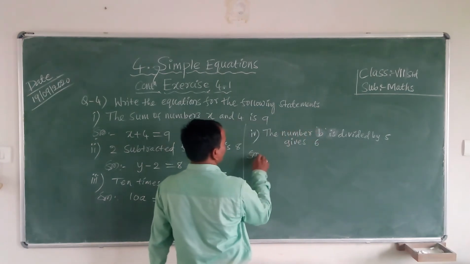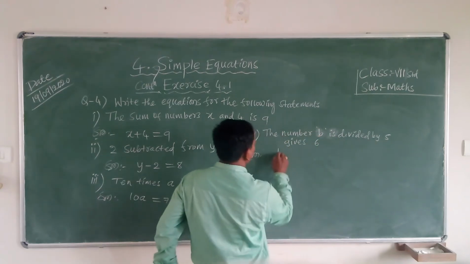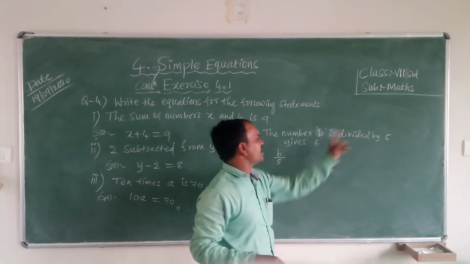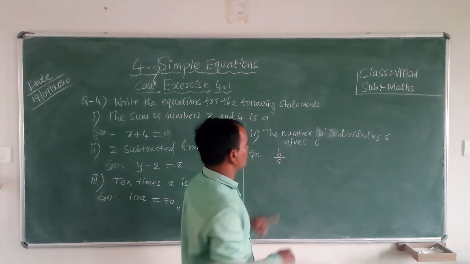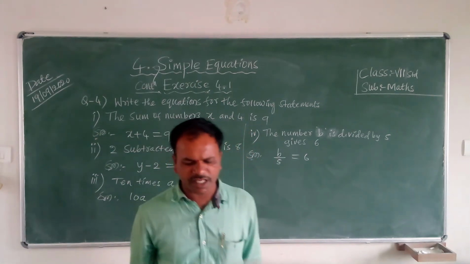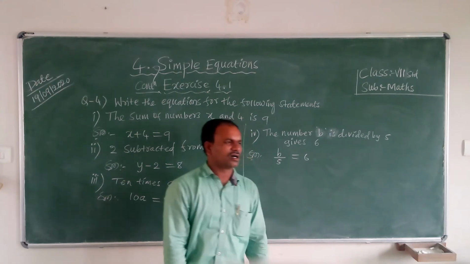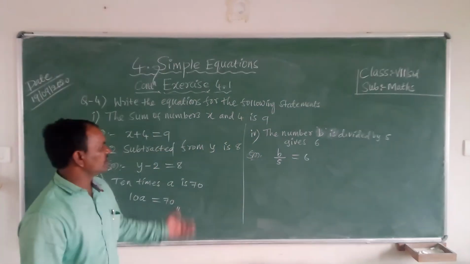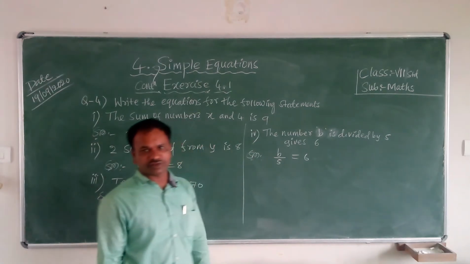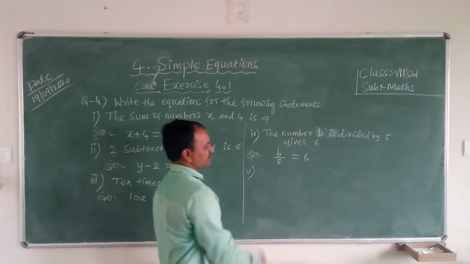So very simple, my dear students. The number b is divided by 5. b divided by 5 gives 6, is equal to 6. My dear, it's very simple, is there? Very simple mathematics. How to write the equation form when the words are given like this? You have to find this in the next application problems. Okay. Then fifth one,